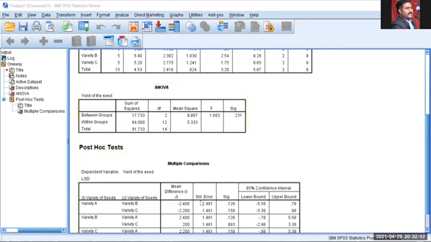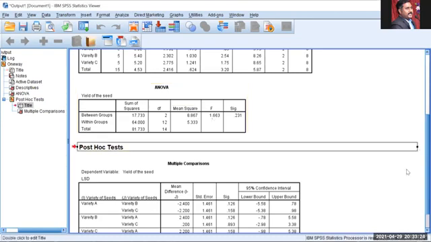We are not going to interpret anything with this, but we can cross check when working out the data with the formula. If you divide the mean square 8.867 by 5.333, you get the F value. Now you got it, right? You got this in our table.